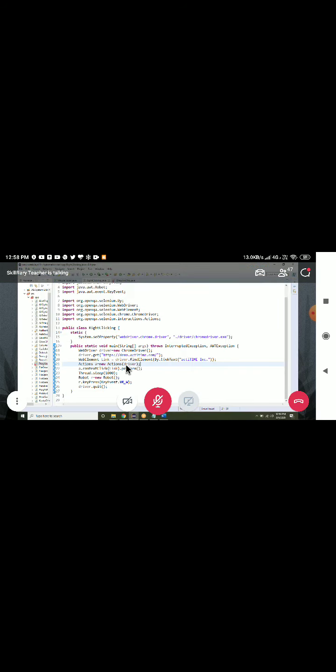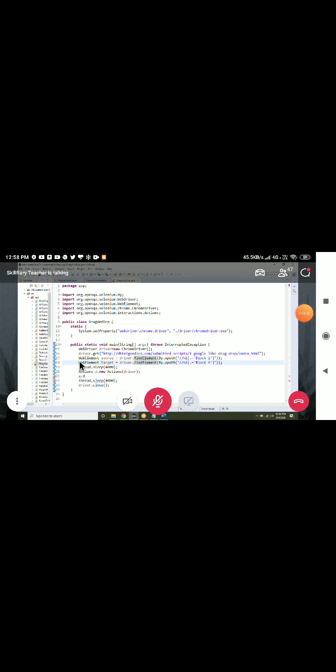Sir, in the second one, to perform drag and drop using coordinates. Instead of using block 4 directly in drag and drop, use the X and Y axis of block 4.